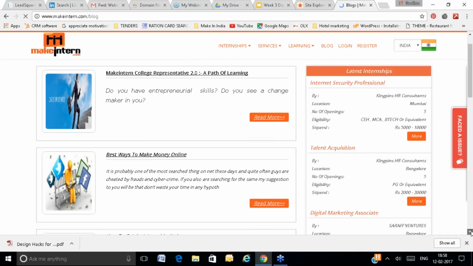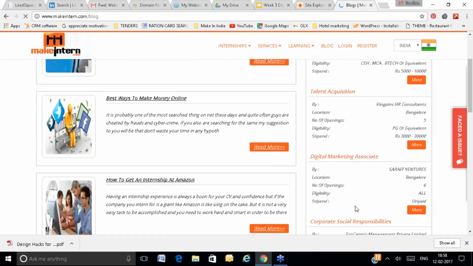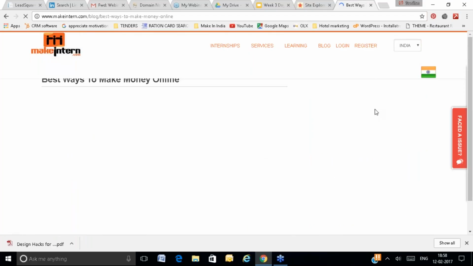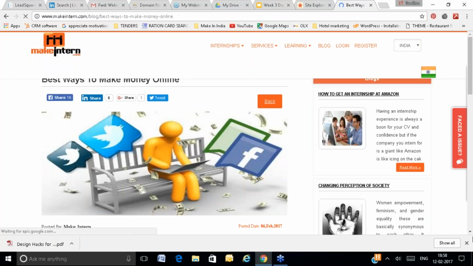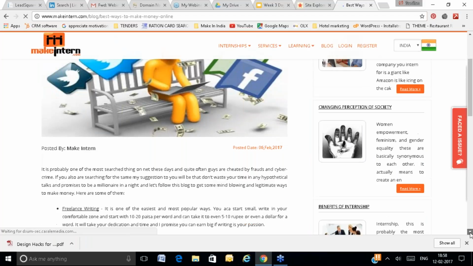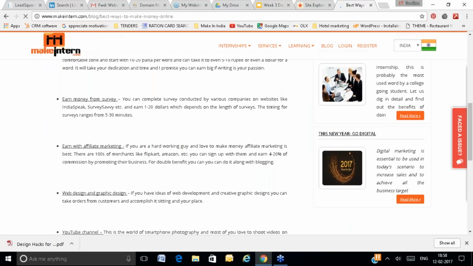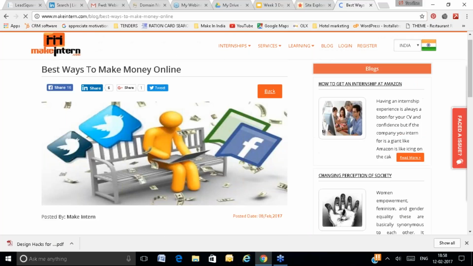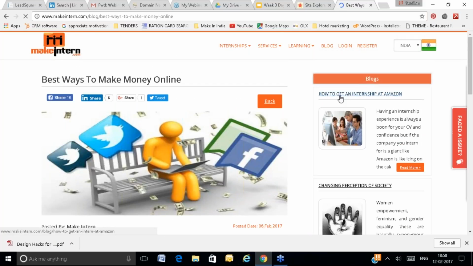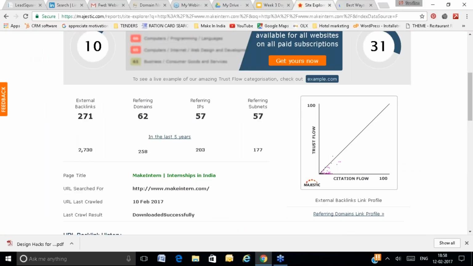This is common to all pages. Can you see that it is common to all the pages? Even if you go to another page, you may find the same content here. So if you are getting a backlink from the right navigation, you will get backlinks from many pages. The domain is one, you are getting backlinks from the same domain, but the number of backlinks is high. That's why the referring domains are 62.